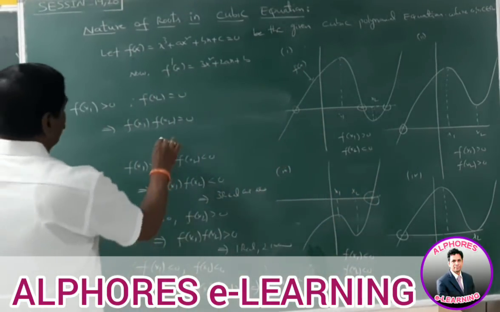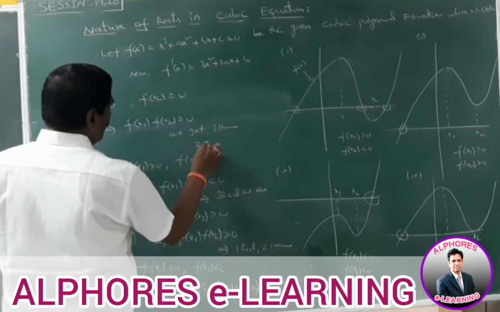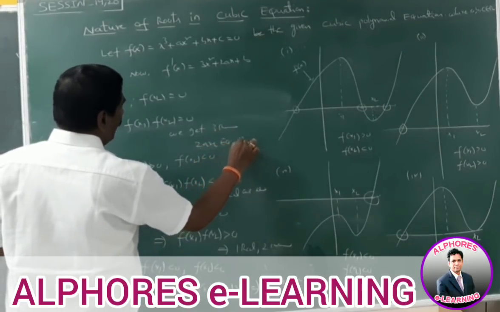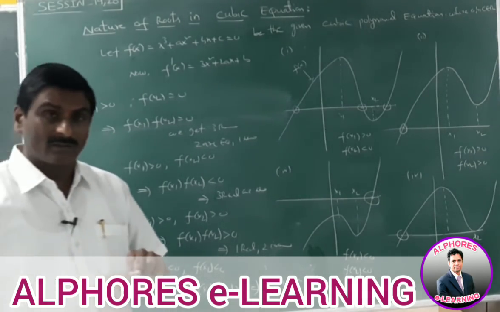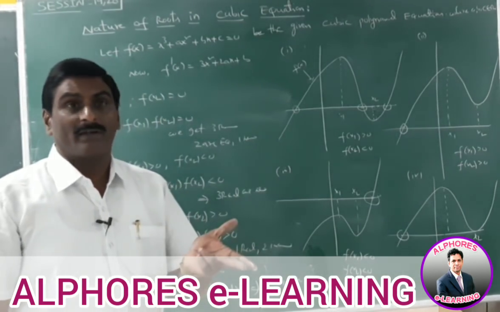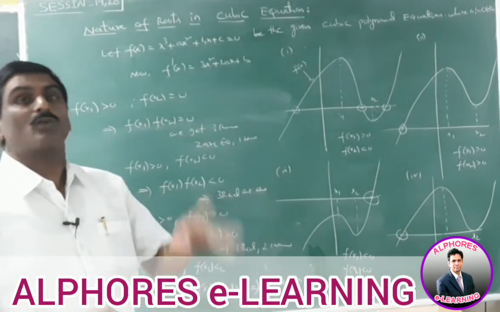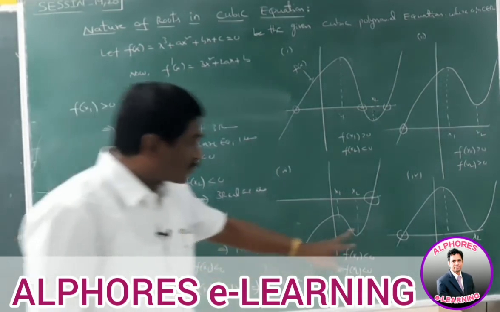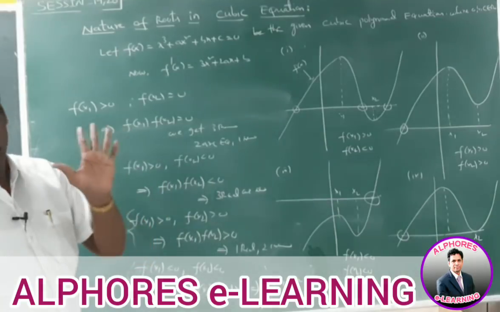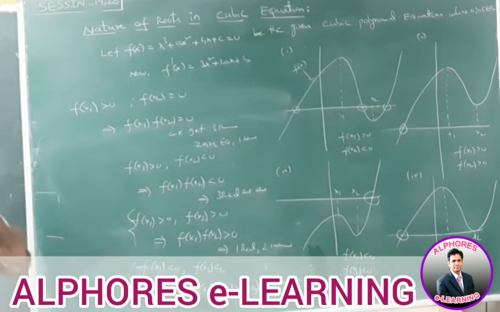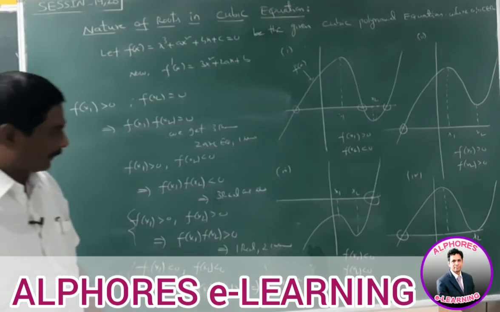Out of these three real roots, two are equal and one is different. In some cases, they ask in this way: how many different roots are there? Different roots means these two are equal, so this can be taken as 1, this can be taken as 1. So the number of different roots is equal to 2. Actually we get three real roots. Out of these two are identical. One is different. Okay. Next.